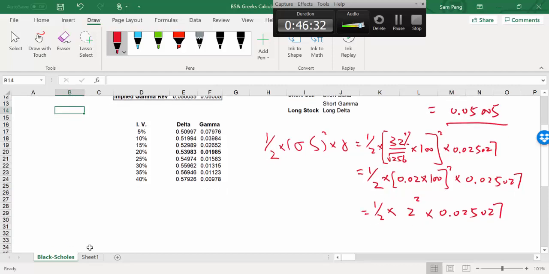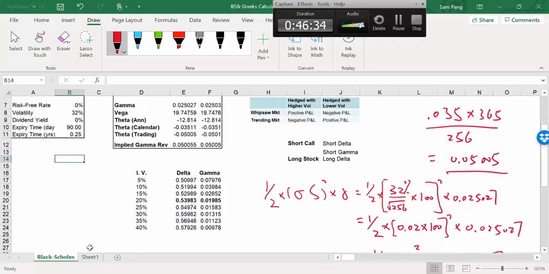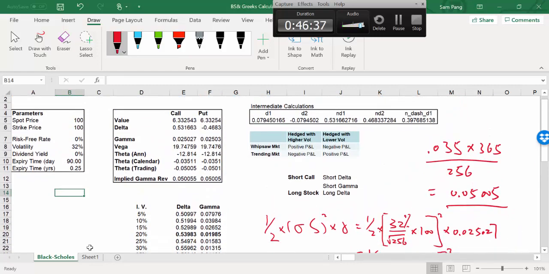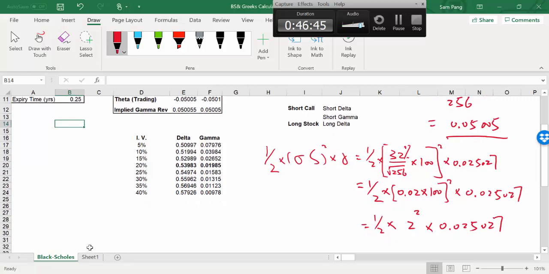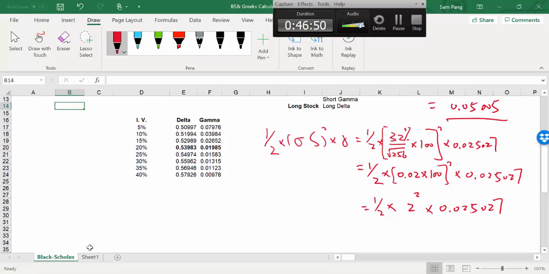No, you don't need to. The only reason I need to do this conversion here is that you do not use calendar theta for any of this work that you do. You always have to use the trading day theta. Actually, they mentioned that in the whole book. Now, the square of 2 is 4. 4 divided by 2 is 2. So it's 2 times